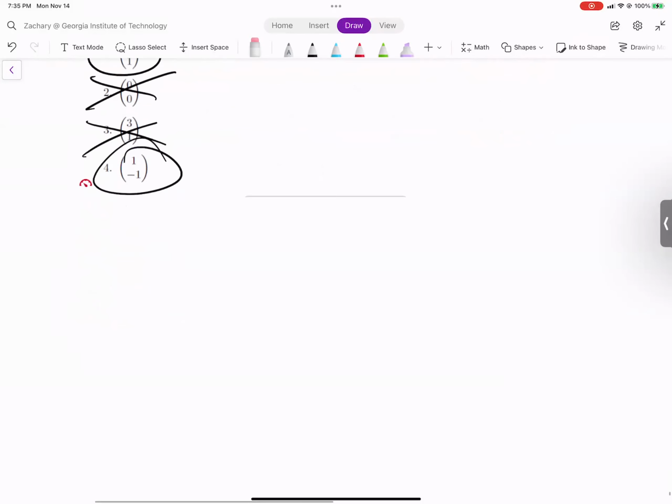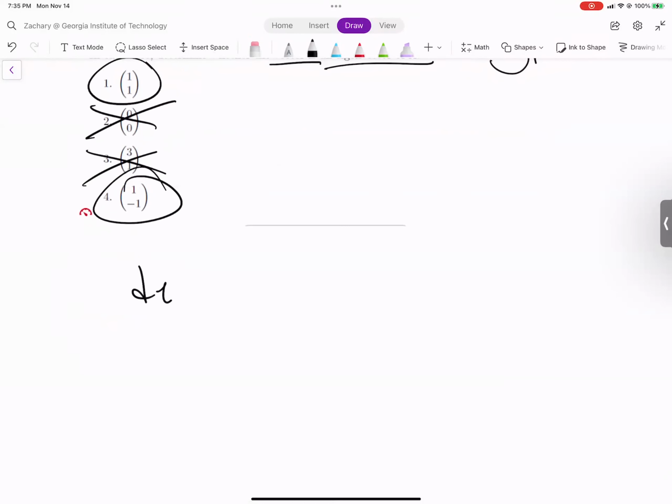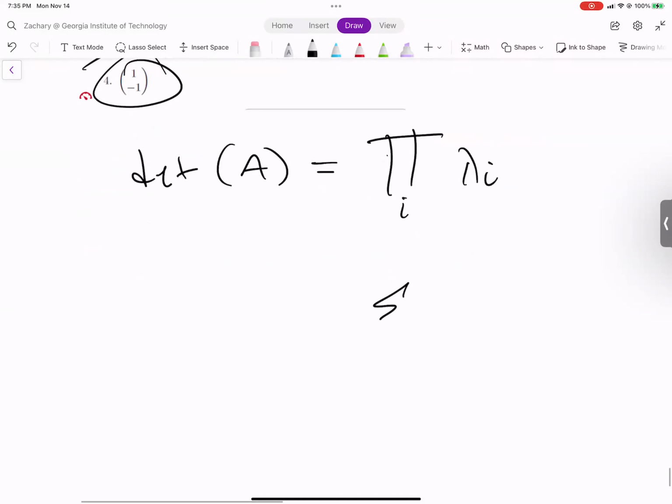And another little note that I don't think I said is the determinant of A is always equal to the product of your eigenvalues. Capital Pi is just multiplying, the same way we use sigma for sum. This is add, this is multiply. Likewise, the trace of A is equal to the sum of lambdas. Just some little facts that happen to come out of finding determinants for A minus lambda I. These are really important.